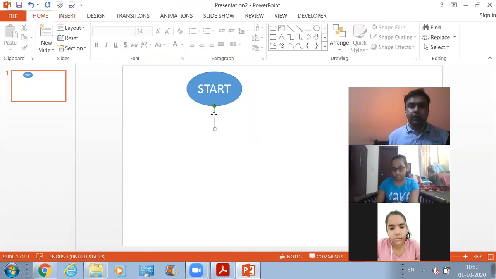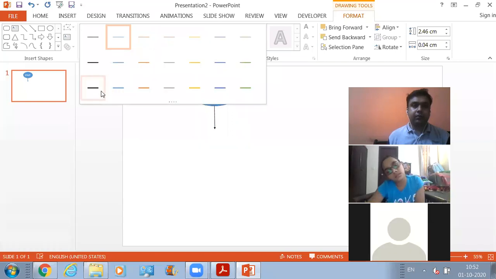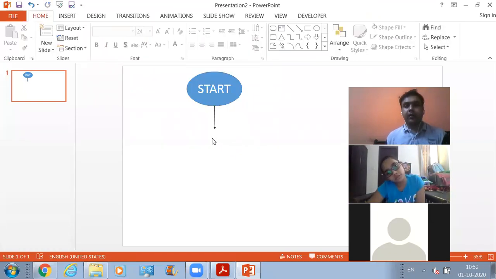Fine. And now, okay, this is fine. After that, what is the second step that I'm going to write in the algorithm? If I ask you to write an algorithm to calculate the sum of two numbers, what is the second step you are going to write? You need to write: Enter the first number.